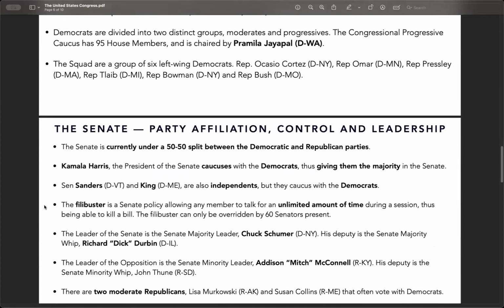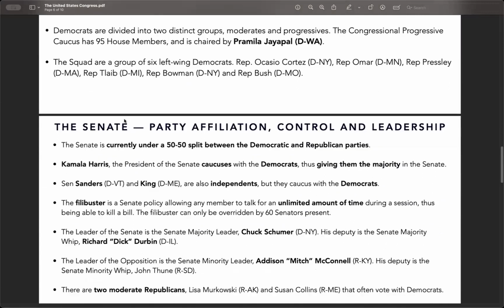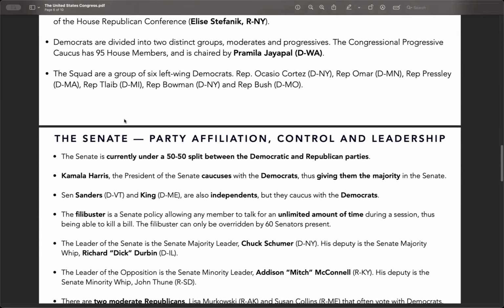The leader of the opposition is currently, well, Hakeem Jeffries, the leader of the House Democratic Caucus. This is a little bit out of date, but what I just told you is more correct. What's more important is that Democrats are divided into 2 distinct groups, moderates and progressives. The Congressional Progressive Caucus has 95 House members and is chaired by Pramila Jayapal, Democrat from Washington. The Squad are a group of 6 left-wing Democrats who often break with mainstream Democrats on things like aid for